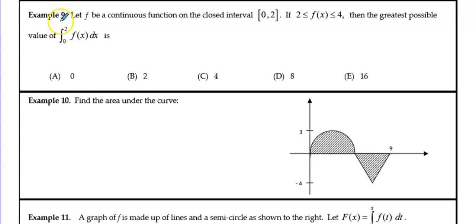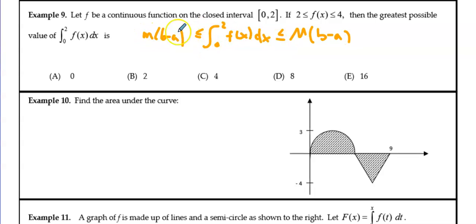Well, this is a question that you should be able to do now that you know that property. So it says, what is the greatest possible value this can be? So we know that based on the theorem that we had, the upper bound of our function is going to be what you see here in this value right here. And the lower bound I could also write down as little m times b minus a, but I don't need this part, right? I only care about this because I only care about the greatest possible value